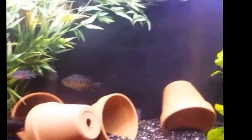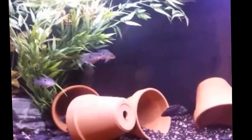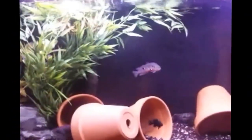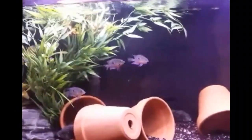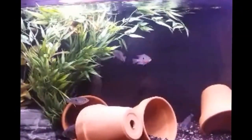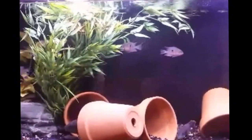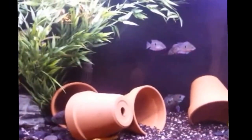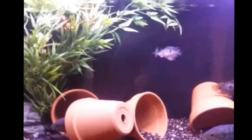The really cool thing about those guys, there he is. The really cool thing about these guys is when you have two of them and they pair up and they spawn, they actually go into a breeding dress, which is so cool to me. I would love to actually see that happen. They go from the color that they are now to, I believe their body turns white and their face turns black, or it's their face turns white and their body turns black,